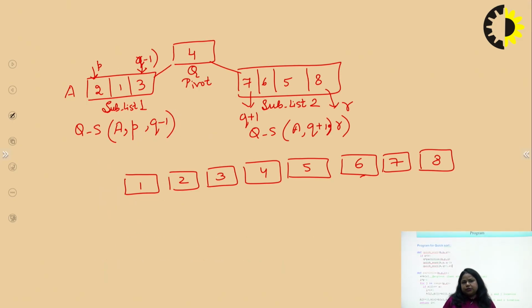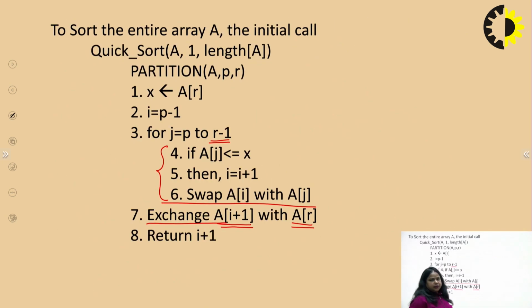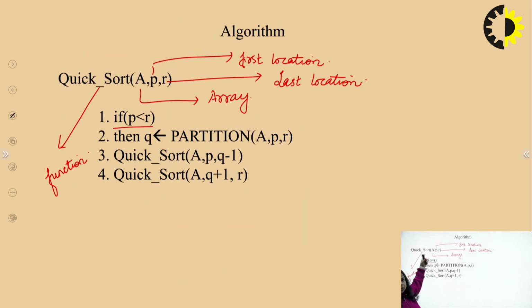So let's repeat the quicksort partition algorithm once again. First of all, we have to call the quicksort function on an array in which we have to identify the first and the last location. First of all we need to check the condition: if P is less than R, that is, the first location is lesser than R. If the condition is true, then we take one element as Q, which can be called the pivot element. On the basis of that we need to calculate the location, right? For identifying the location we need to apply the concept of partition, and whatever location it comes to, the list is divided into two sublists.